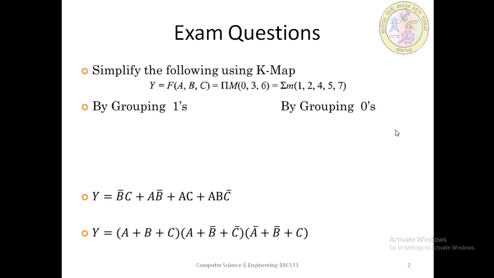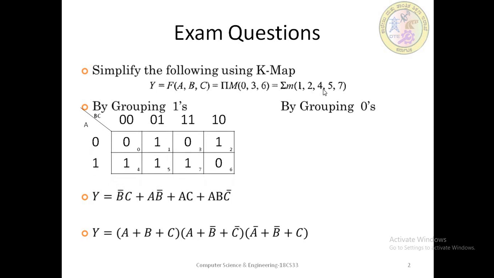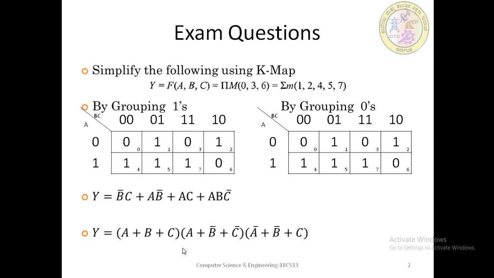So this is one of the expressions that you have to try with. Draw the K-map, and here you can see as ABC, only three inputs are there, and we have drawn the three inputs and placed them in the K-map, and we got expressions for ones, and this is for zeros. So it is nothing but SOP and POS results.